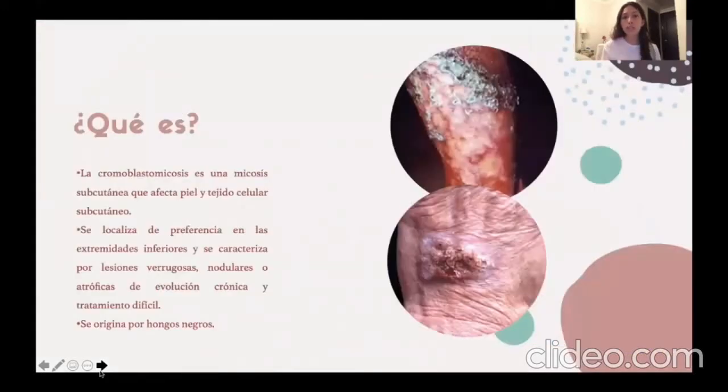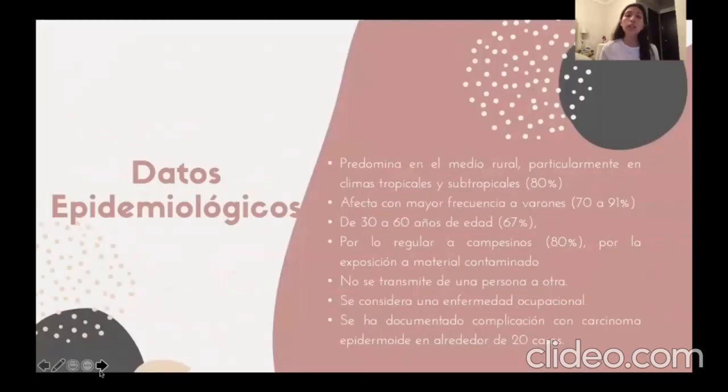What is chromoblastomycosis? Well, it's a subcutaneous mycosis that affects the skin and the subcutaneous cellular tissue. It is preferably located in the lower extremities and is characterized by verrucous, nodular, and atrophic lesions of chronic evolution and difficult treatment. It is originated from a black fungus. Epidemiological data,